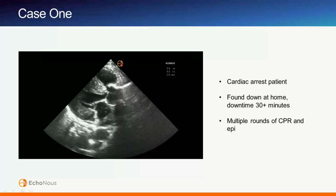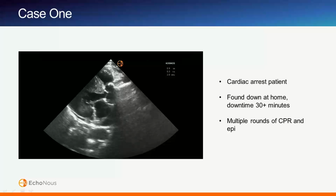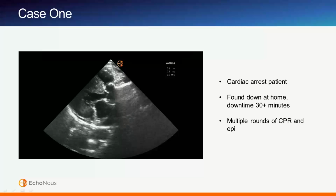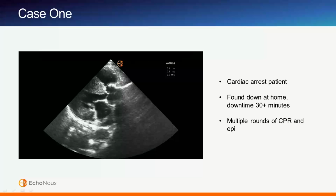I would argue that the activity is pretty agonal and it's not conducive to sustaining life. And this is the most difficult decision that I think I have to make as an emergency physician, when to stop and terminate resuscitative efforts. So I'll say that based on this ultrasound here, looking at the LV function, looking at the decreased activity that we see there, and the large time spent resuscitating this patient, we actually terminated the resuscitative efforts shortly after this